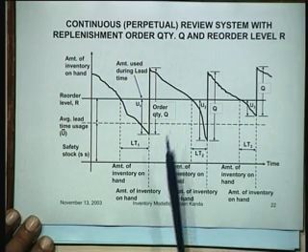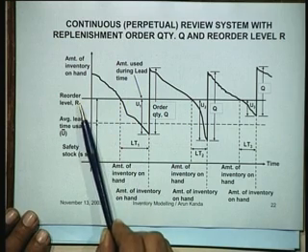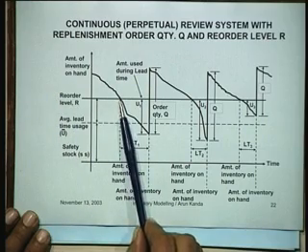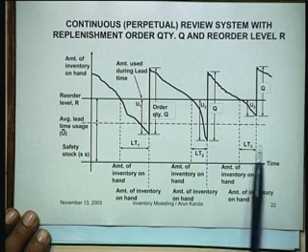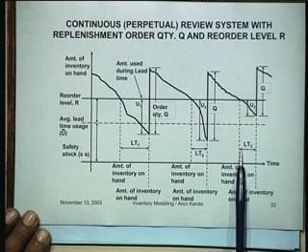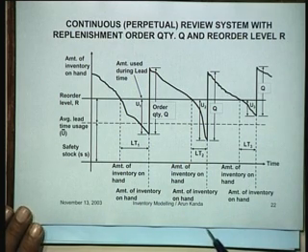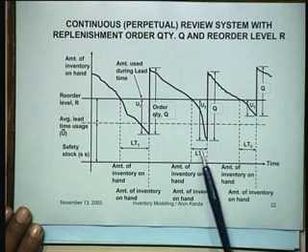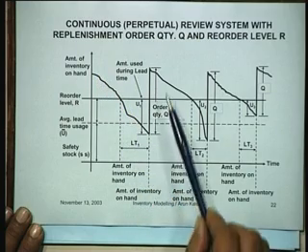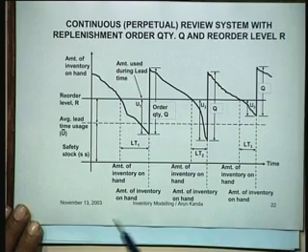So what will happen is there could be uncertainties. The uncertainties typically are that you are now governed by the reorder level, and what may also happen is that the lead time that you have could be varying. For instance, this time it took 3 weeks, next time it may take only 2 weeks, next time it may take 3 weeks, whatever it is. So one has to actually cope in practice with the uncertainties in the lead time, and also the fluctuations in the rate of demand, which could also be different from period to period. So essentially this is how it operates.